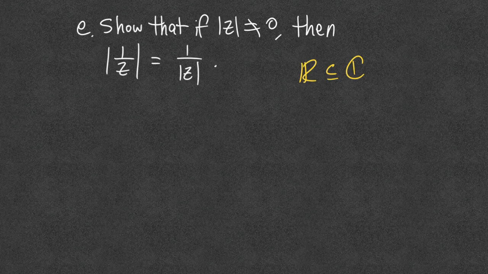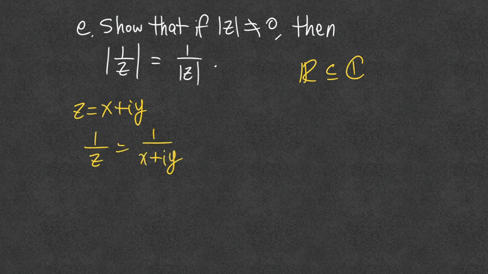And so let's just do this by the definition again. So we know that z is some x plus iy. And so what's the modulus of the quotient? Well, first we have to figure out what 1 over z is going to equal. That's going to be 1 over x plus iy, and we need to write that in the form real number plus i times imaginary. To do that, you might remember from high school that we multiply by the conjugate, although we're not defining it at this time. We're just noting that if we multiply by